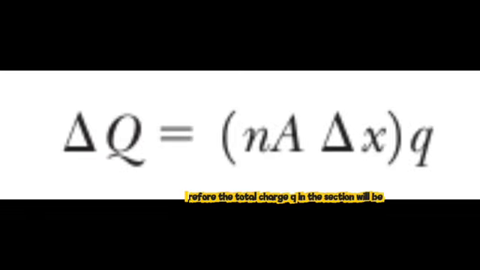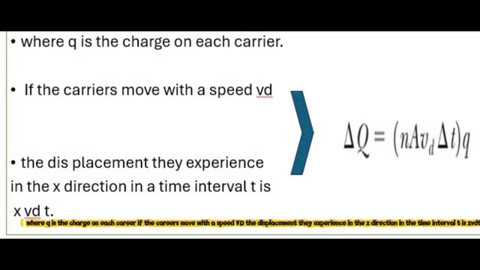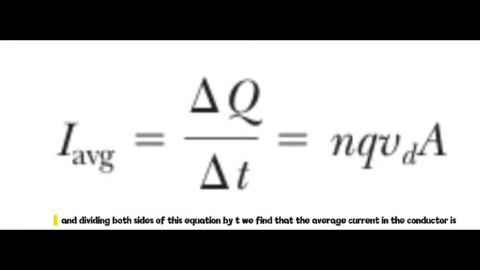Therefore, the total charge delta Q in the section will be n A delta x times q, where q is the charge on each carrier. If the carriers move with a speed v d, the displacement they experience in the x direction in the time interval delta t is v d delta t, so delta Q will be equal to n q v d A delta t. Dividing both sides of this equation by delta t, we find that the average current in the conductor is